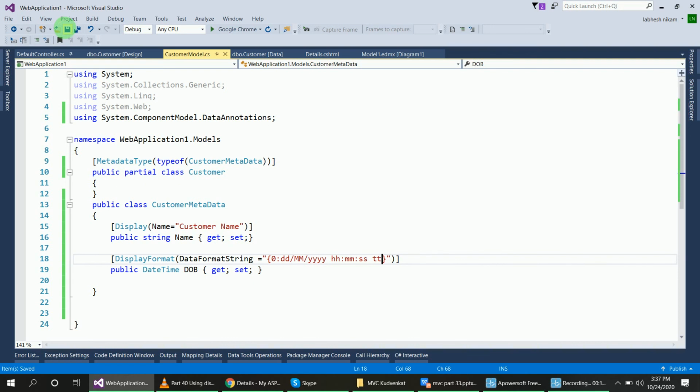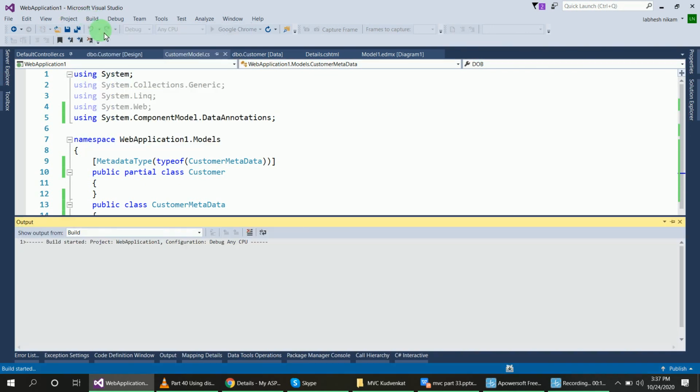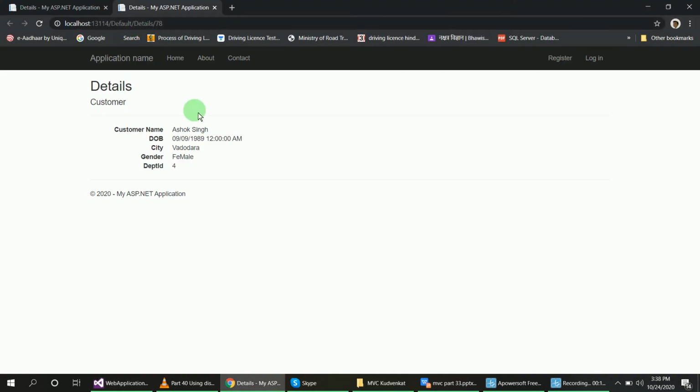Okay, save it, build it and run the program, right. You can see here there is date, hour, minute and second and AM or PM. Okay, so date of birth attribute and the column name attribute have completed.